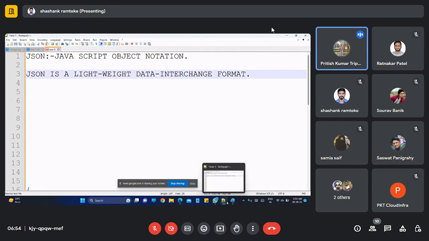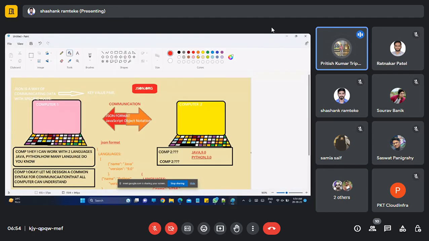See here, this computer 1 is the one who starts the communication, and this computer 2 is the receiver, who receives the communication made by the other resource.